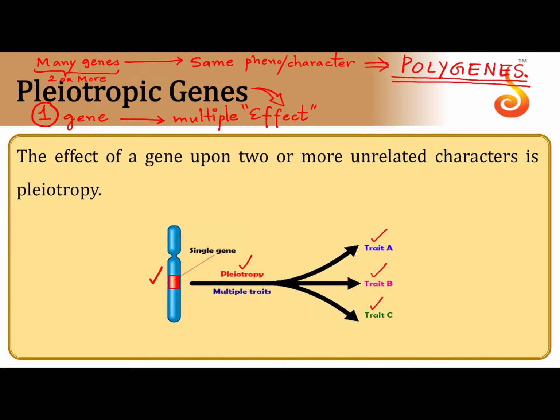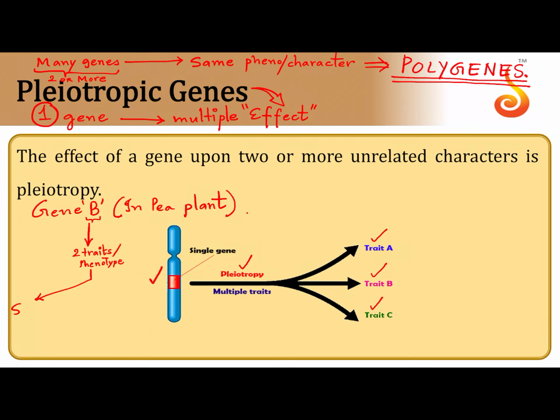For example, let me take one gene that is mentioned in the textbook. I want you to refer to that same example for pleiotropy. Let us assume there is a gene B in case of pea plant. I'm making it extremely simple here, so I'm not delving into much detail. Let us assume there is a gene B. This gene B, which is present in the pea plant, is responsible for two traits. It controls two traits, or rather, instead of calling it a trait, I would prefer to call it a phenotype.